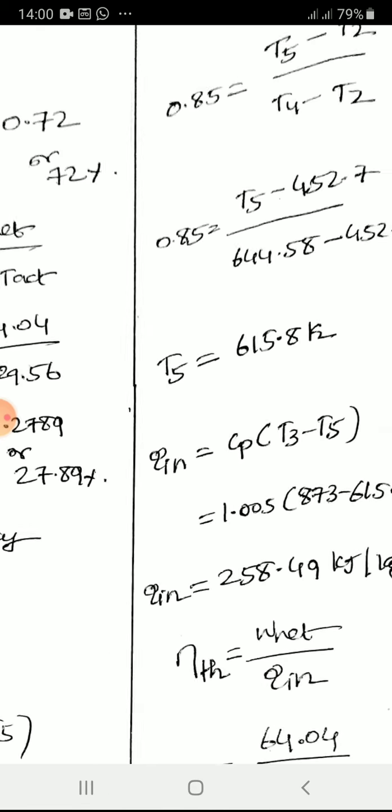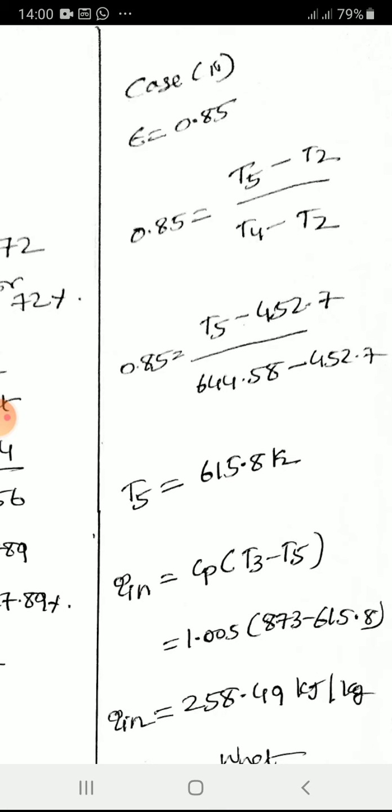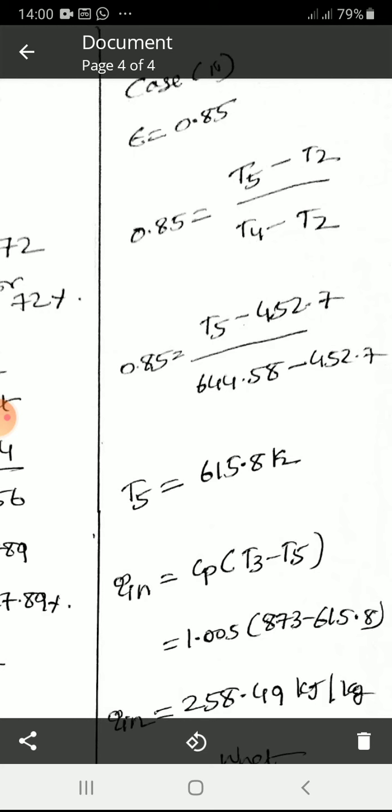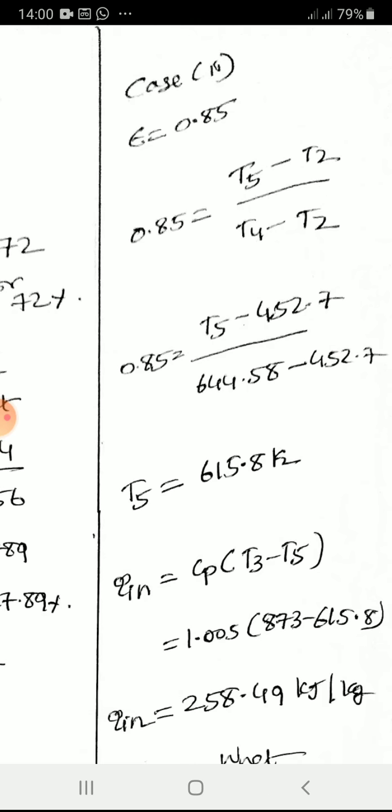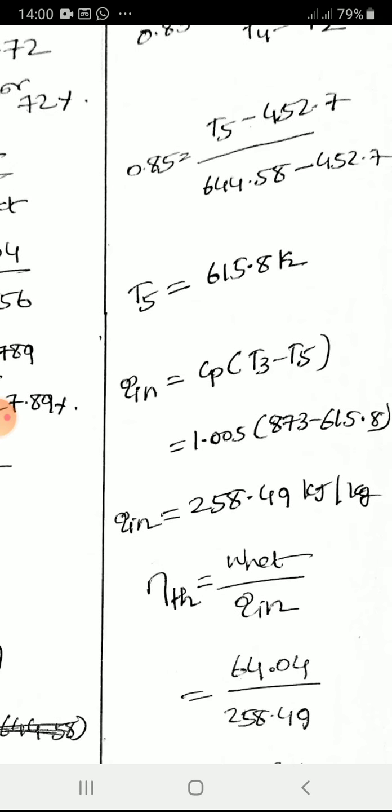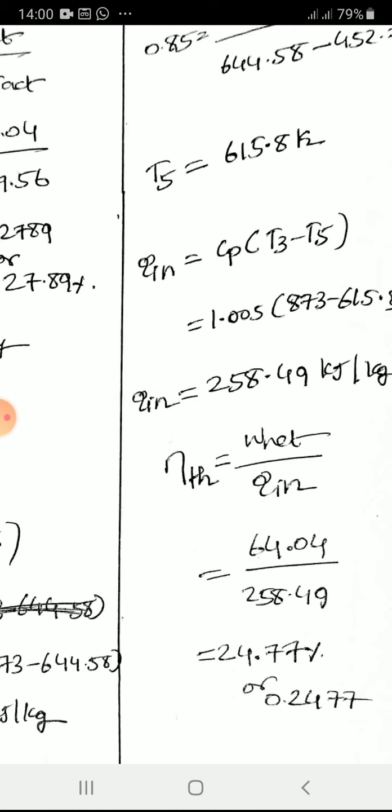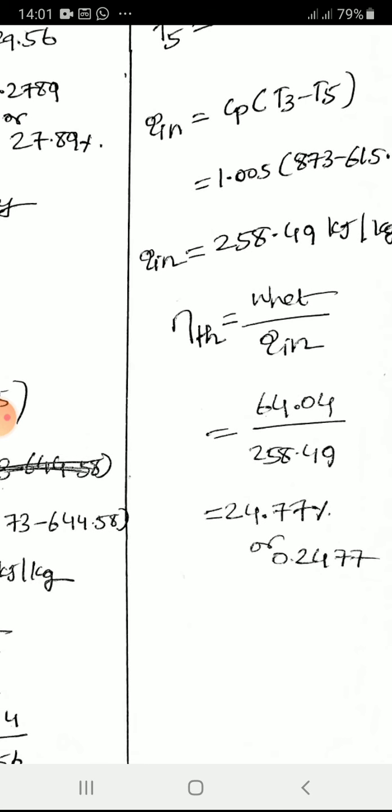So now effectiveness is 85%. That is, 85% of the heat available is used for regeneration. That is, T5 minus T2 is equal to 85% of T4 minus T2. So effectiveness equal to 0.85. So 0.85 will be equal to Cp into T5 minus T2 by Cp into T4 minus T2. Cp and Cp will get cancelled. So 0.85 equal to T5 minus 452.7 by 644.58 minus 452.7. T5 is coming as 615.8 Kelvin. So the heat input will then be equal to 258.49 kilojoules per kilogram, and thermal efficiency is calculated as